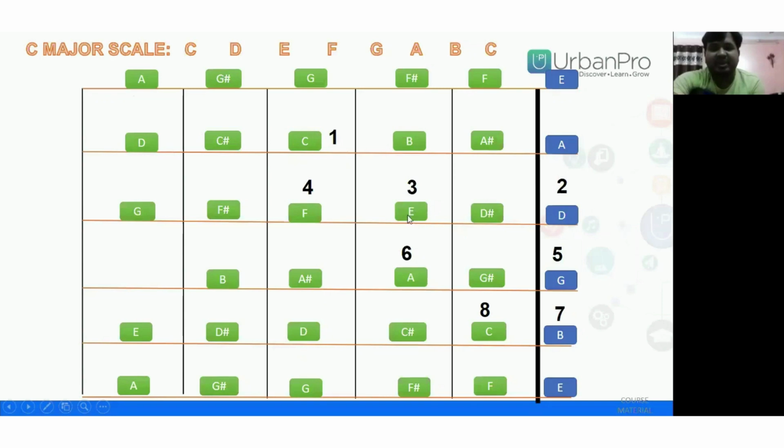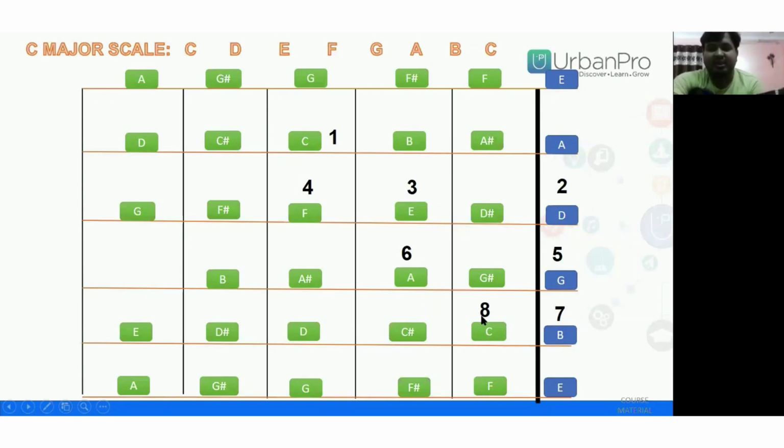And if I go next, I need to play E, so second fret of D, this is E. Then F, right? This is your third fret, following the same notes which I have discussed before. Then you can play the G, next note after F. So your next will be open G, then second fret of G, which is A. Then you can play the open B, right? And then at the end, C again.